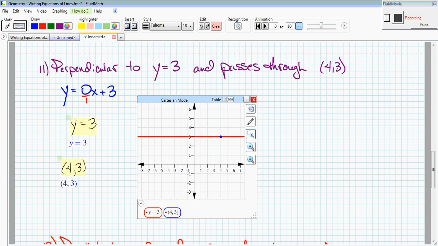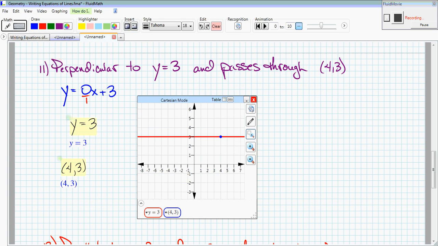and then let's talk about what kind of line is perpendicular to a horizontal line. Well, if you think, perpendicular means they intersect to form right angles, so the only type of line that can be perpendicular to a horizontal line is a vertical line. If a horizontal line is y equal to a constant, then a vertical line is probably x equal to a constant. Because remember, for